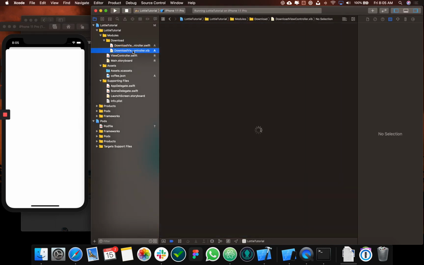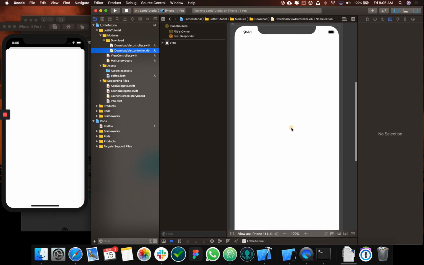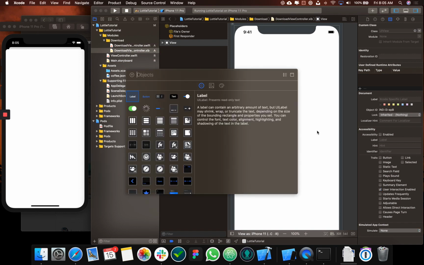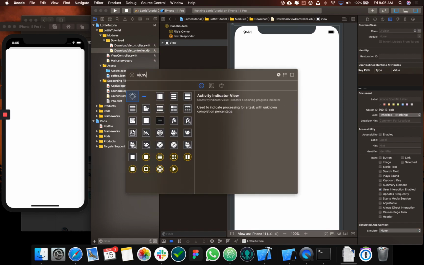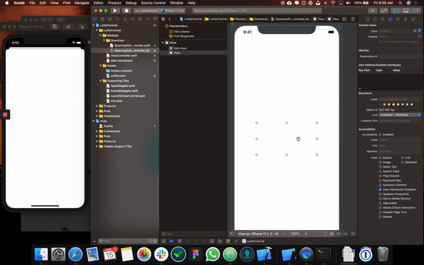So you go back to the zip, and inside of this zip, we're going to be adding a couple of things. First thing is animation view. So let's come here and just drag and drop a normal UI view. So nothing special about this, like just to understand how I did that. So it's Control